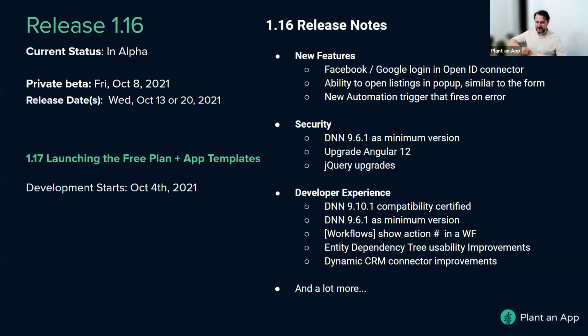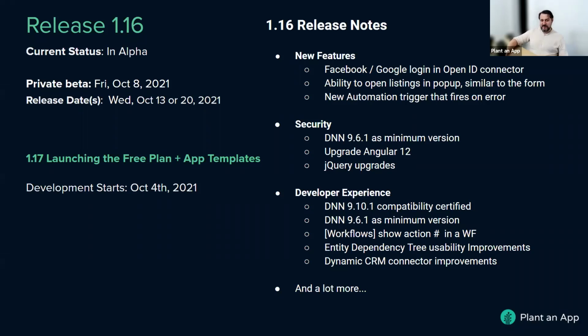It will provide maximum of security. I mean, not maximum of security, but the most decent amount of security for a DNN installation. We've also upgraded dependencies, we've upgraded Angular, we upgraded some jQuery in some places where it's still being used, because these libraries also come with a lot of security updates as well.